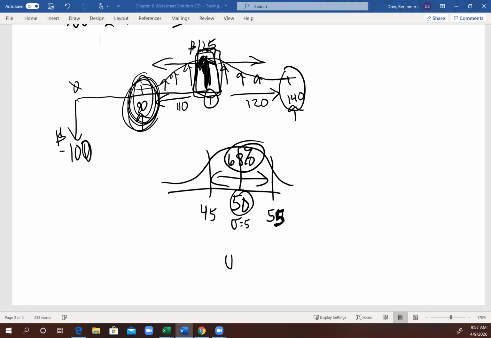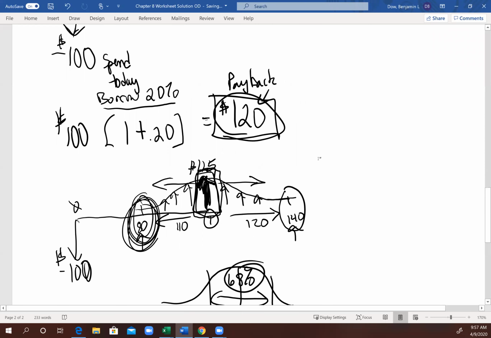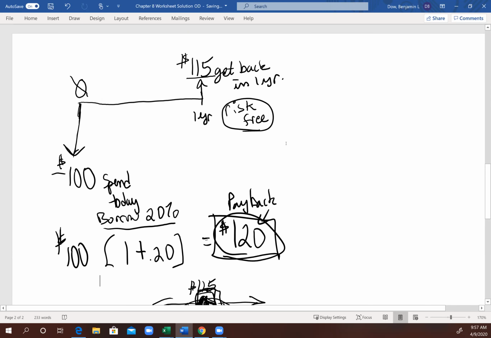The larger the standard deviation, the more flat out the curve is, and the greater the risk. Okay? So we need to take in, when we talk about things, both risk and return. In this case,